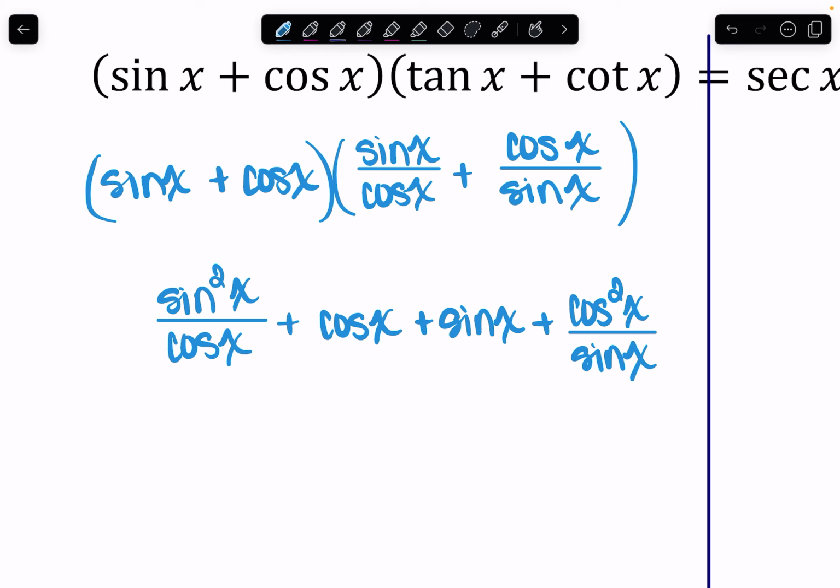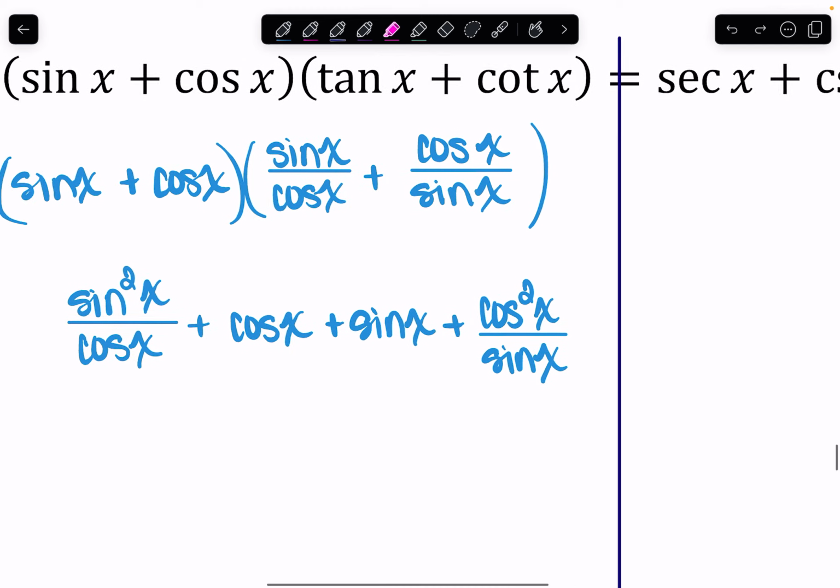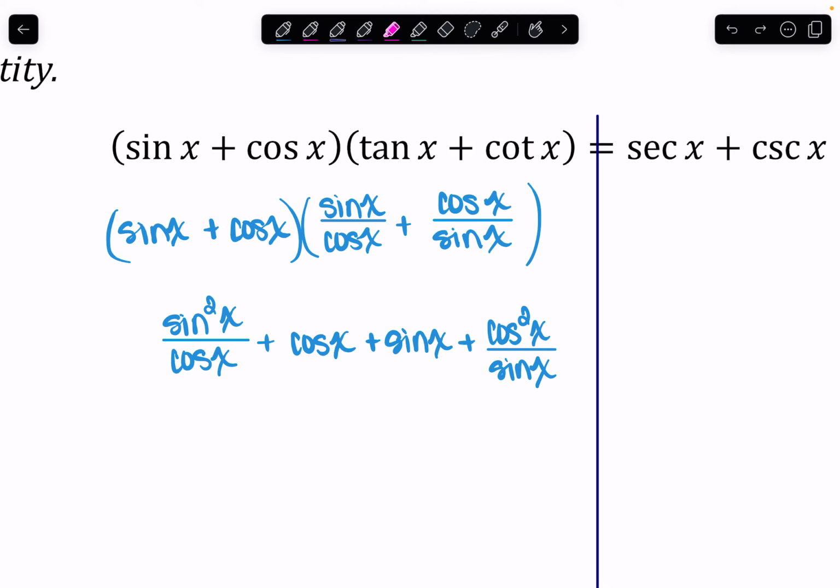So be very careful with identities. That is not Papa PID. That is not cosine squared plus sine squared. Cosine plus sine is not 1. They have to be squared. So next thing I would probably do is I'm going to look at,